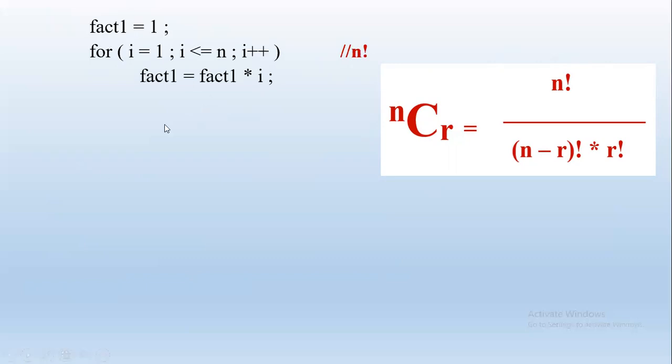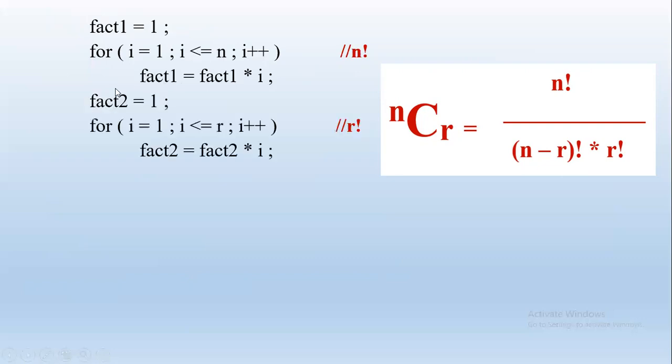So like we have the factorial logic, we are multiplying up to n, right? So this is for n factorial. i is equal to 1, i less than or equal to n, i plus plus. So fact1 is equal to fact1 into i. So we know the logic of finding factorial. Every time we are going to multiply. So if n is 5, as per this input, it multiplies 1 into 2 into 3 into 4 into 5. So fact1 will hold 120.